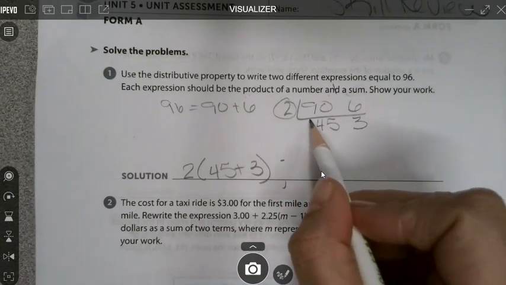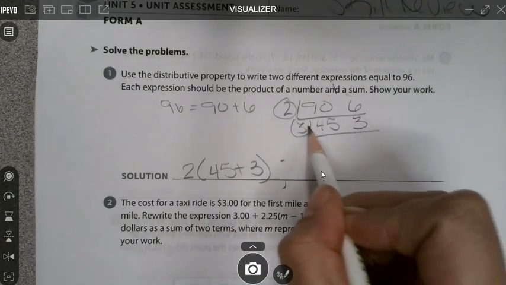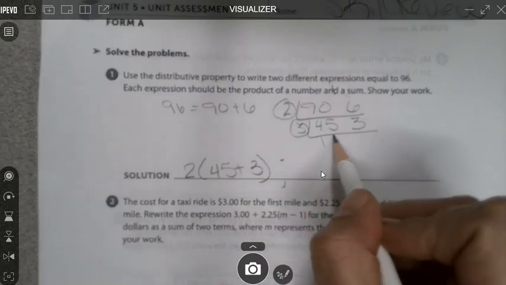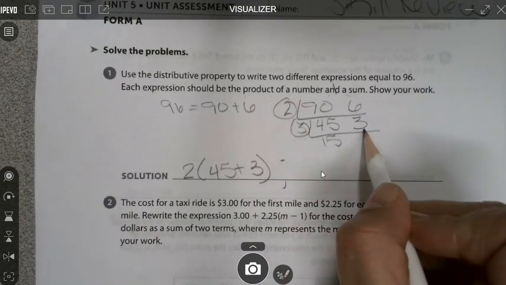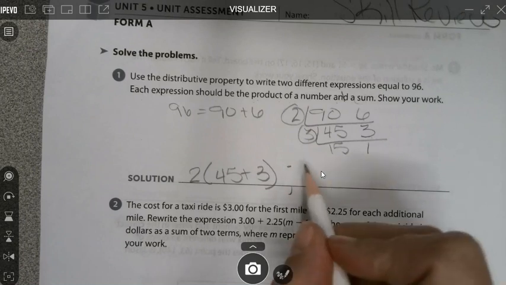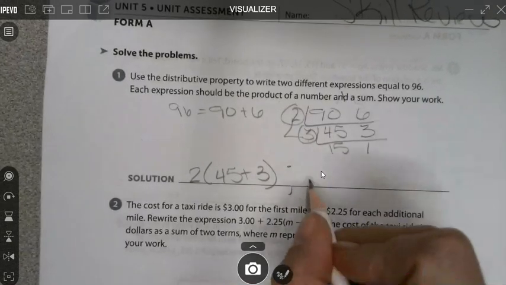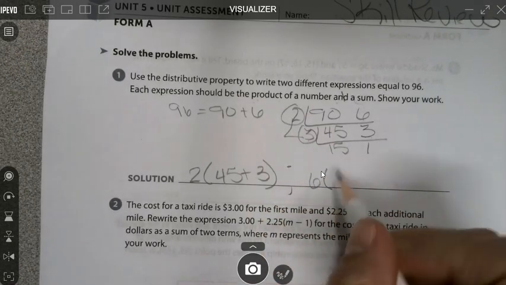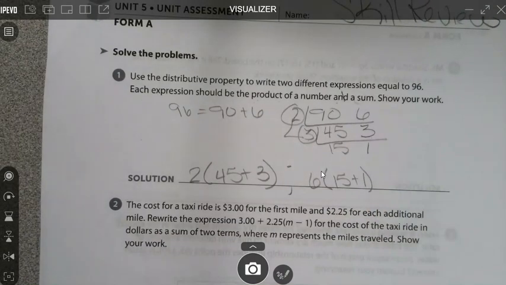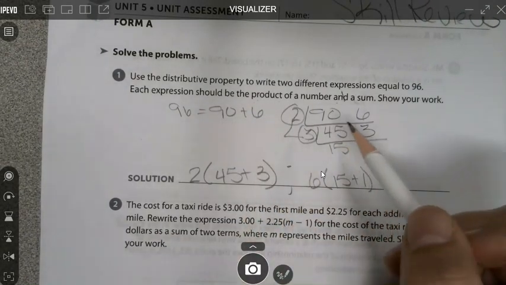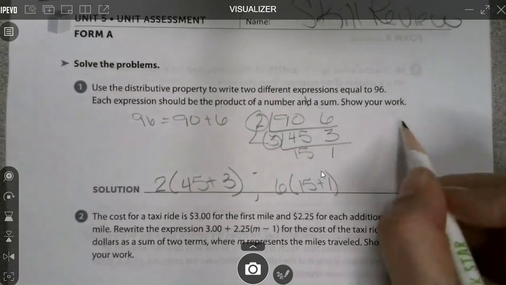And you could go here and pull out another one. 3 goes into both of those. 3 goes into 45 15 times, and 3 goes into 3 one time. So that could be 6 times 15 plus 1. Or if you didn't want to do a second one, you could have said something like,